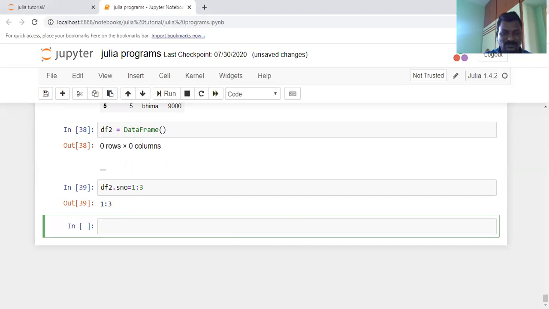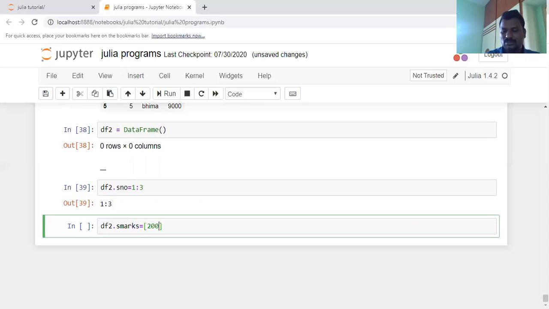For example df2 dot student number, student marks. Let us take simple information here. How can you represent the marks values? With the help of square brackets, you are taking the marks values.